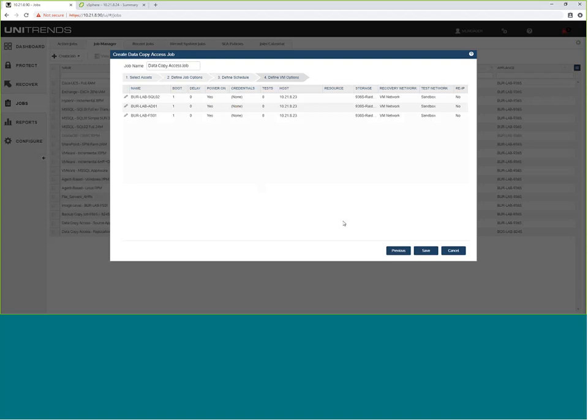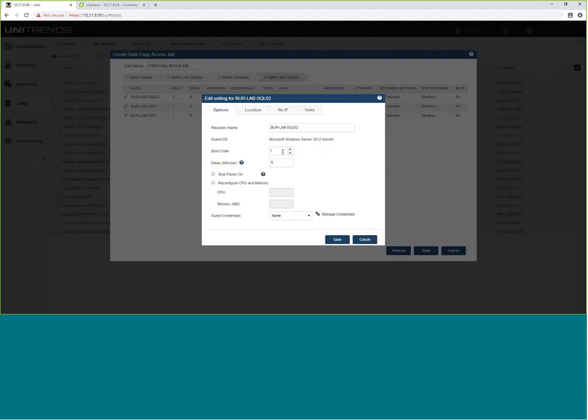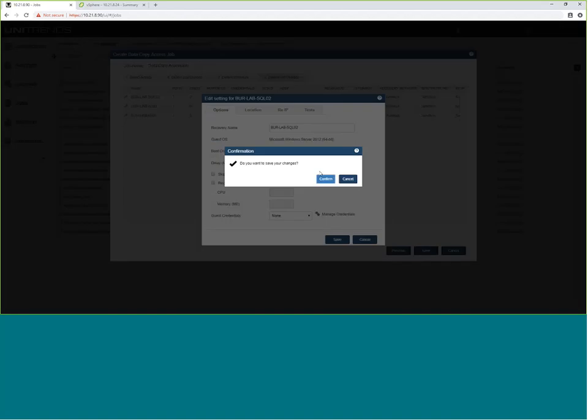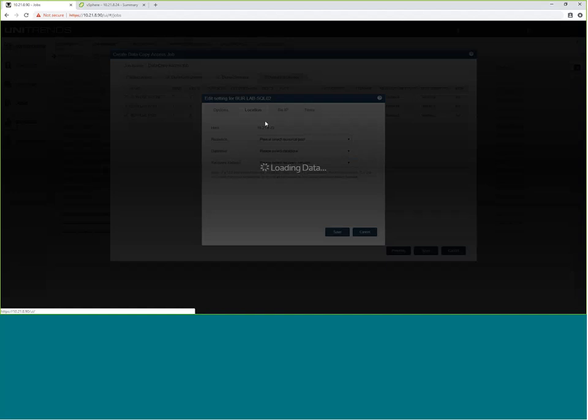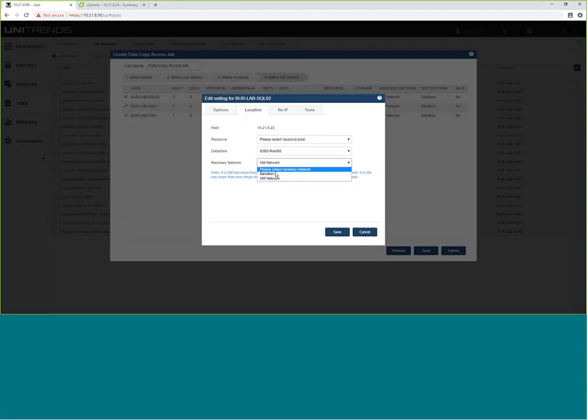So here, after you define the schedule, you can go in and outline the options on restore. So, select a specific boot order. Our SQL server will boot after our Active Directory. Where is this server going to restore to? What host? What data store? What network? We can set this up on an isolated sandbox network. We're going to be using the appliance's storage, and CPU and RAM to spin up all these machines, but it's going to be on a secondary isolated network, so it's not going to impact production on restore.